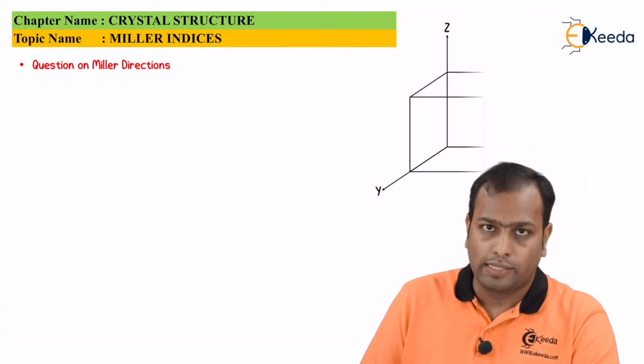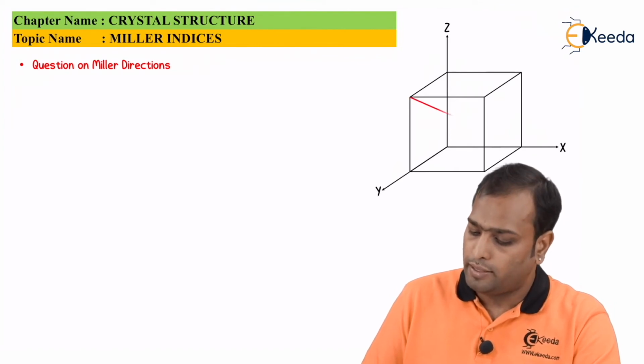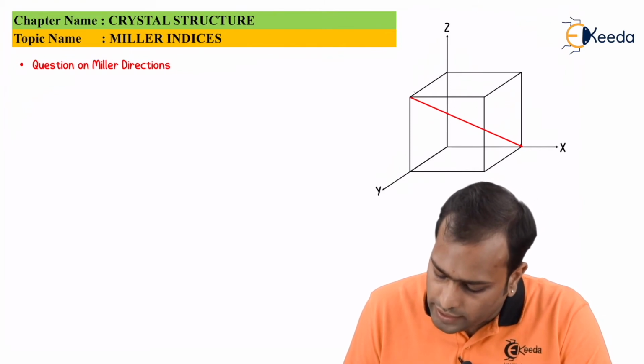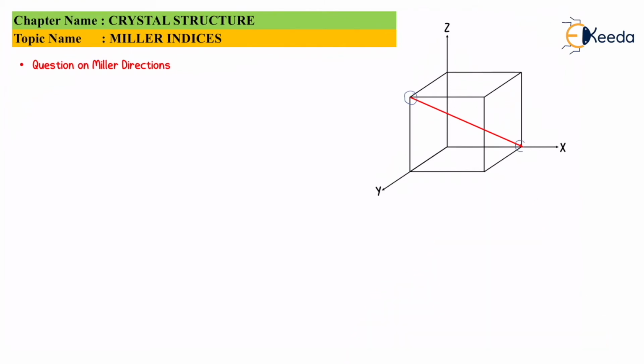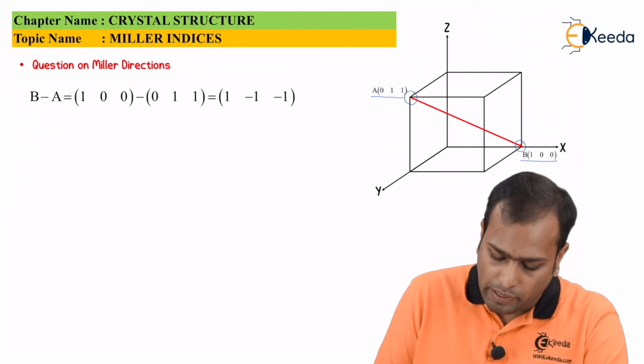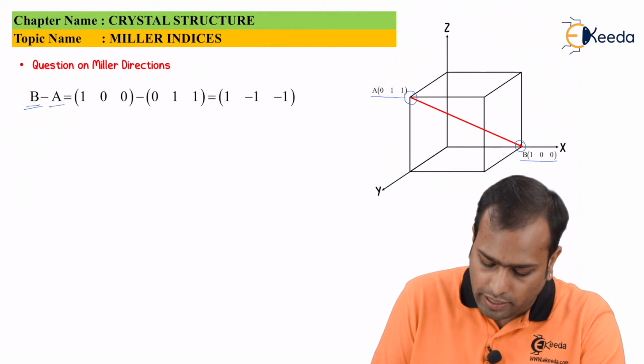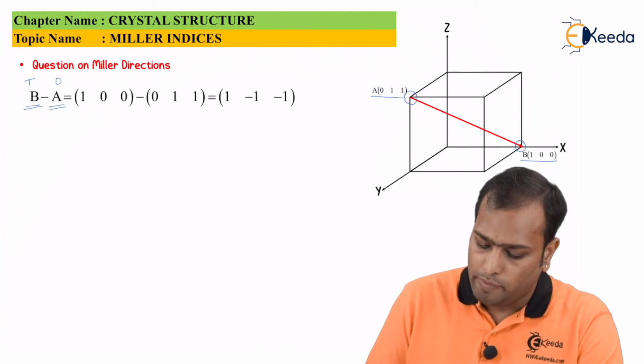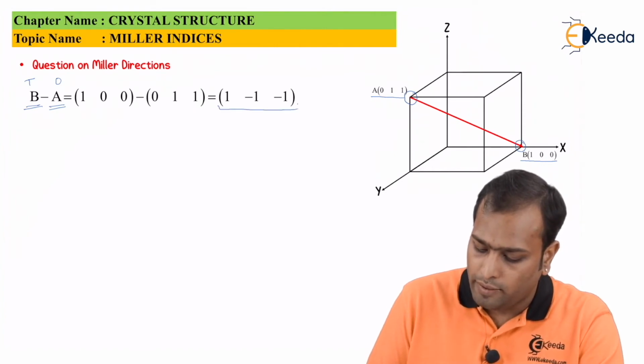Now, as you can see, this is the unit cell and this is a vector, the Miller directional vector, which originates from here and terminates here. We have the coordinates mentioned as 0, 1, 1 and termination coordinates as 1, 0, 0. So what we would be doing to find this? We would be doing termination minus origin. So it is b minus a. As you can see, b is the termination and a is the origin. If you subtract this, you will be getting a value 1, minus 1 and 1.